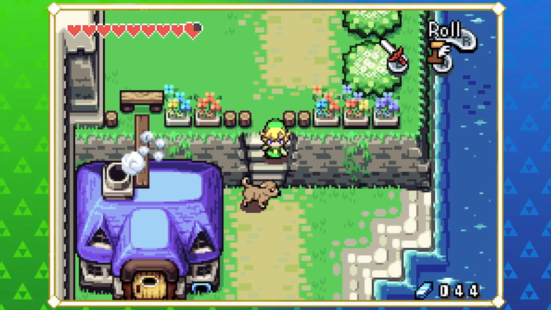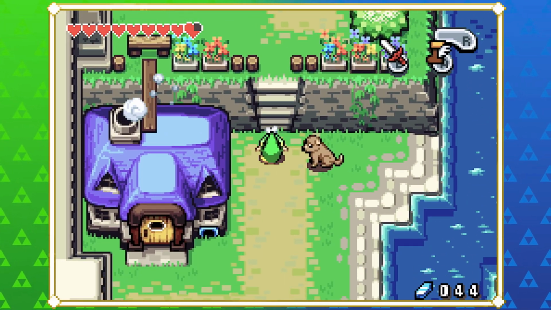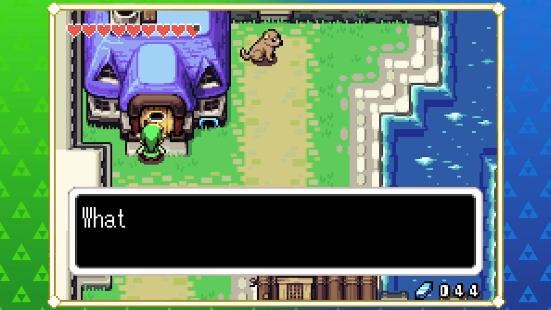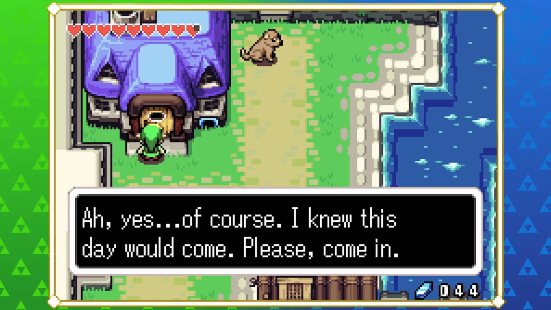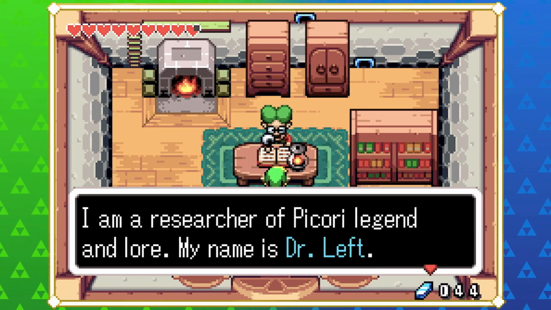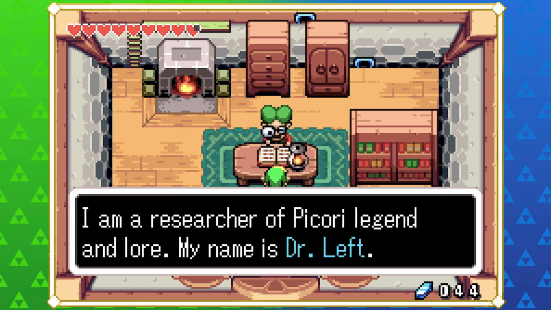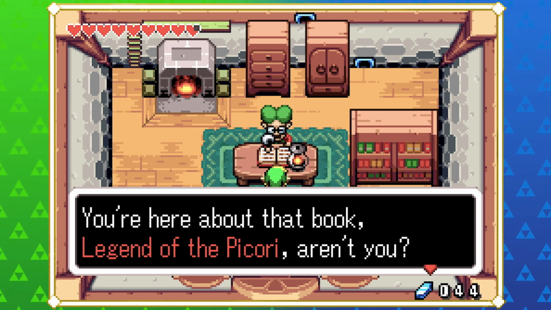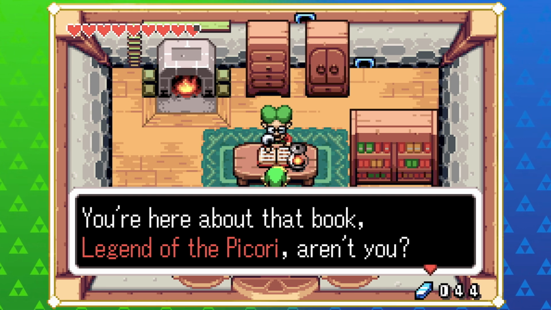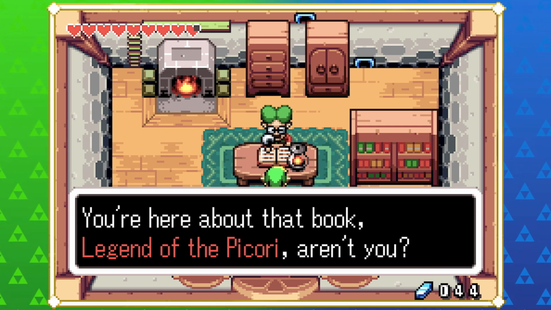Yeah, but now we need... Oh. Stupid dog. Dog! You literally took a book from the library. I knew this day would come. Why didn't you just return it then? Yeah, this is Dr. Left. He's a kind of recurring character. Yeah, he's based off of Dr. Wright, right? Yeah, from Link's Awakening, who himself is based off...